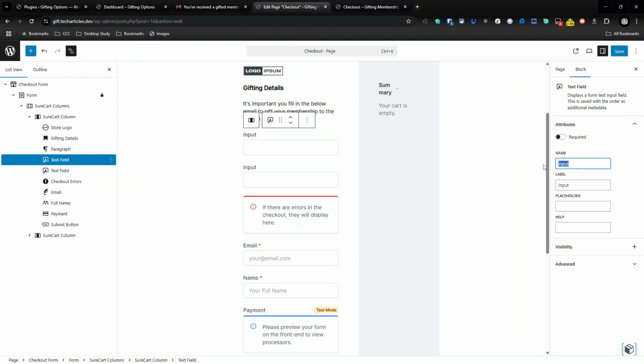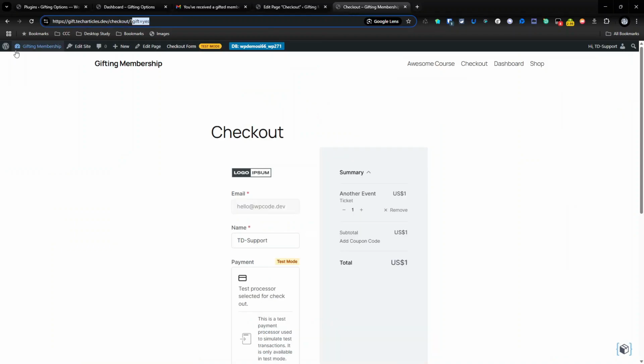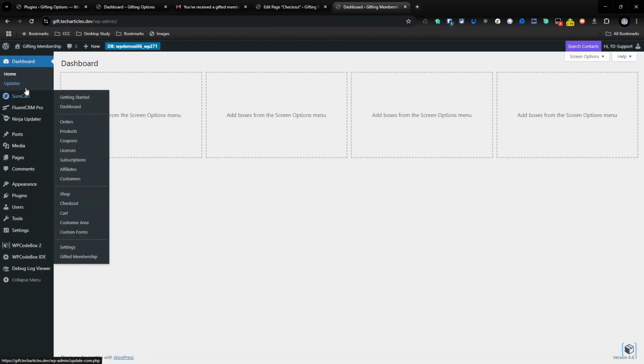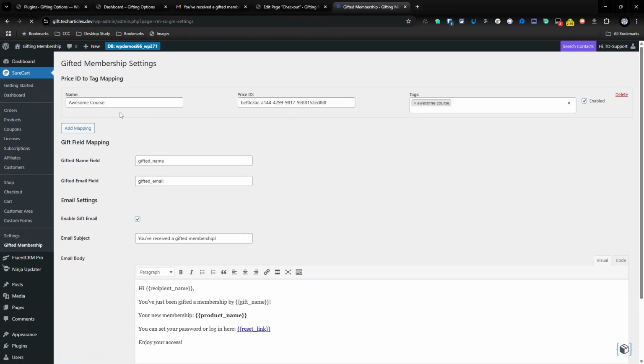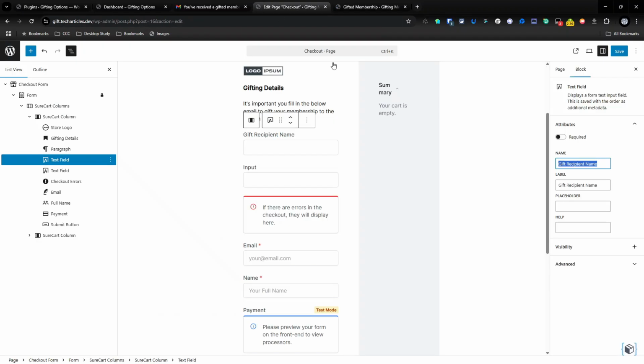So we will call this one gift recipient name as a label. Actually, we don't want that to be the name. Like so. And what we'll do here with this one, I need to make sure it matches what we have over here in gifted membership. So I'm just going to copy and paste it from here. So it's gifted name, and the other one is gifted email. So that's the label, that's the name, and that's because it's going to look for this field in the checkout